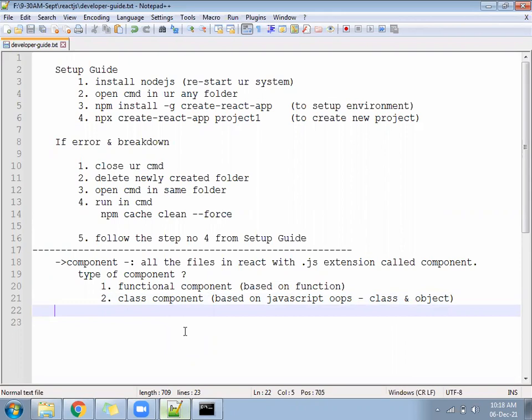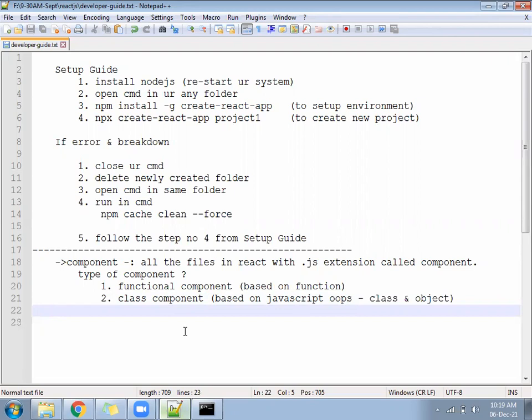Okay, so inside the JavaScript, whichever file we are going to create from today onwards, under React, all the files will be called a component, and the component will be based on two methods. One is functional, where we can write only a function, the way we write a JavaScript function. And another one, we can write a class, a class object. As I told you, after learning a few classes, the definition of component will change a little, but as of now, for entry level, that is okay to understand.